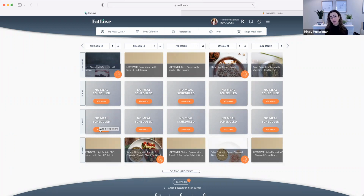Now, what you see here is that Marge is just planning her breakfast and just planning her dinners for the week. Planning every meal is a lot, even for a dietitian, even for an experienced chef. Planning 3 meals a day plus snacks, cooking all of those is a lot to take on. So I suggest people start with 1 or 2 meals or a meal and a snack, and then add as you go. So if you guys have any questions about how the program works for somebody with allergy or intolerance,